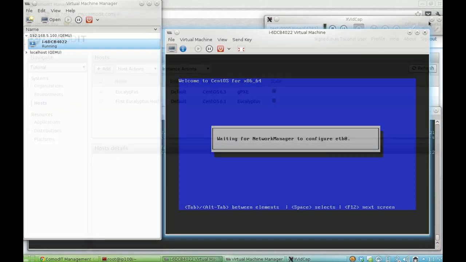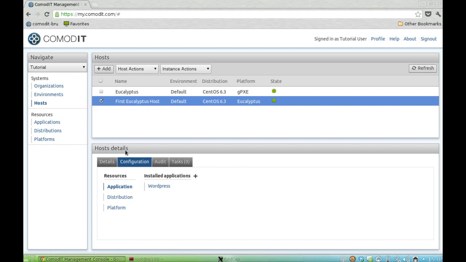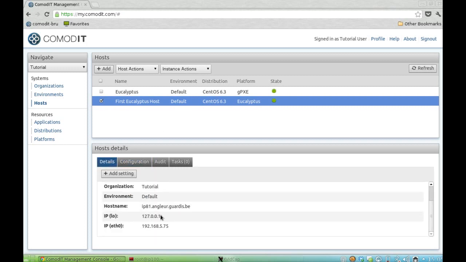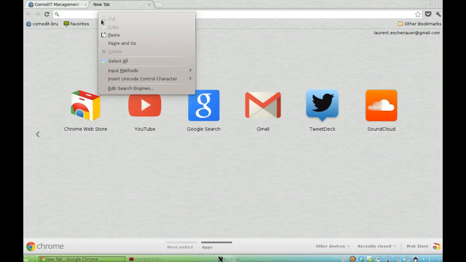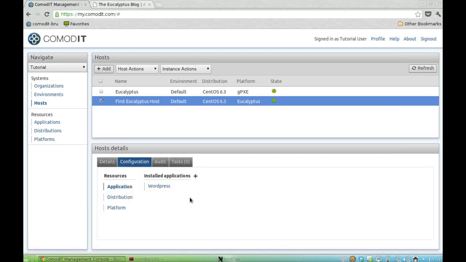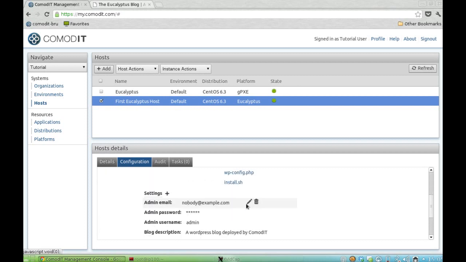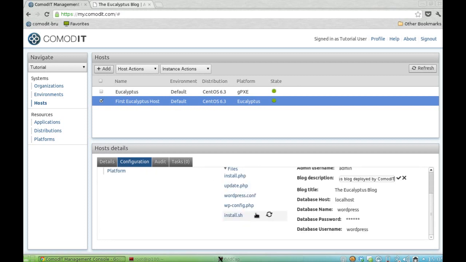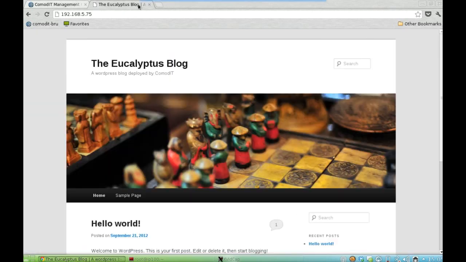Using the exact same scheme, you can also deploy Debian or OpenSUSE distributions. Once the machine is ready, we have the green bullet. We also retrieve the IP address or host name. And if we check, well, the blog has been successfully deployed. And just like for any other ComodIT application, if I change something like this blog description, the change is automatically propagated to the real system. So as soon as we click the check mark, and if we refresh the blog page, we see that the title